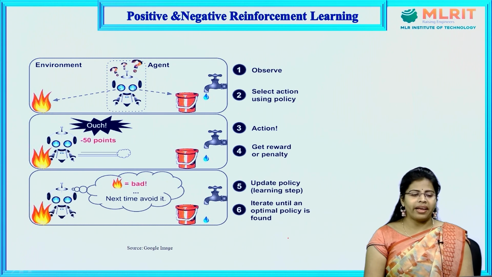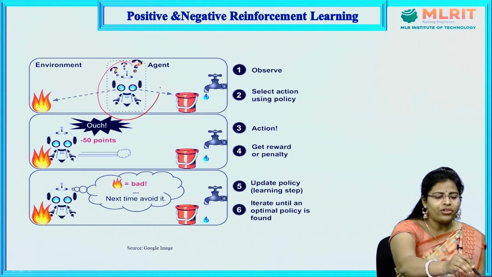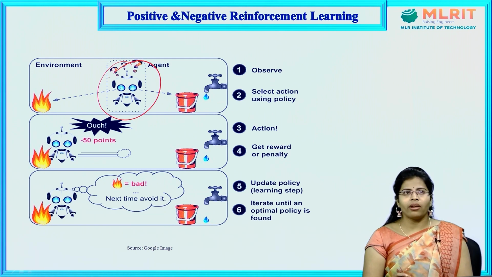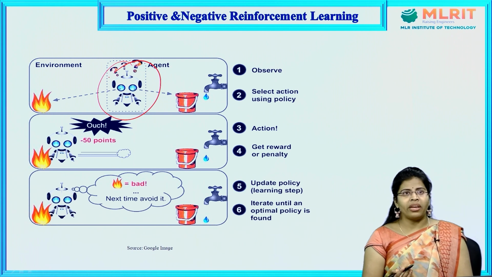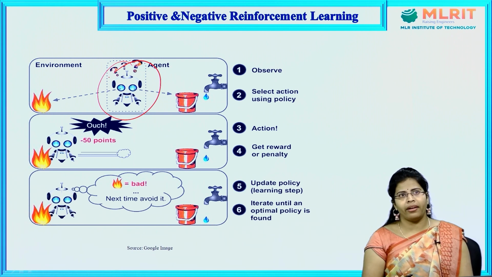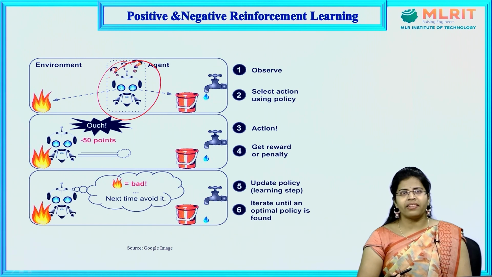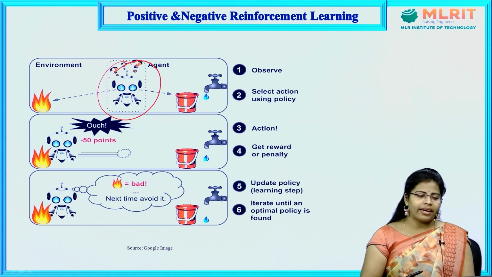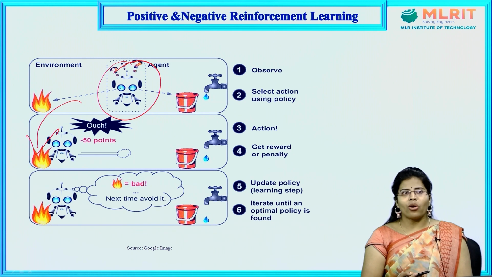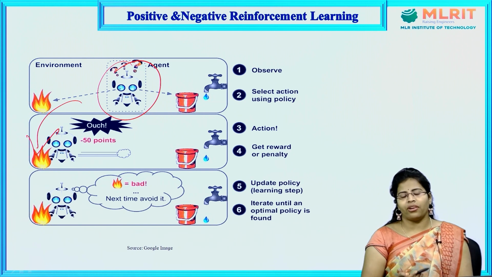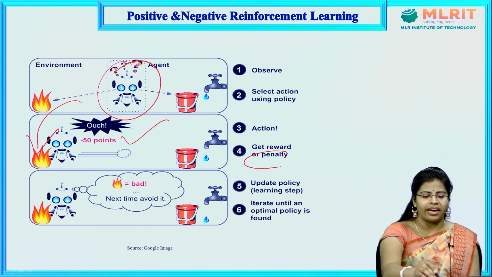Coming to one more example, as you can see in the image, the agent needs to predict which of them is water or fire. Here, he needs to touch the water. So he needs to observe from the environment which of them is water. He selects some option using some policy, and based on that, he selected the fire. For that, it is a wrong, incorrect action, and he gets minus 50 points as a penalty.